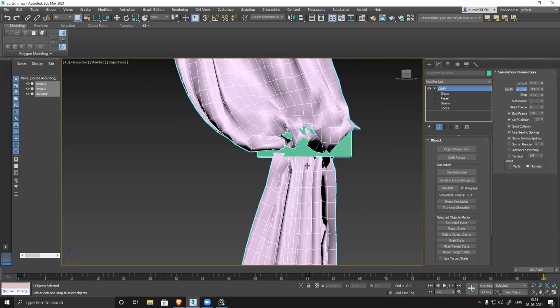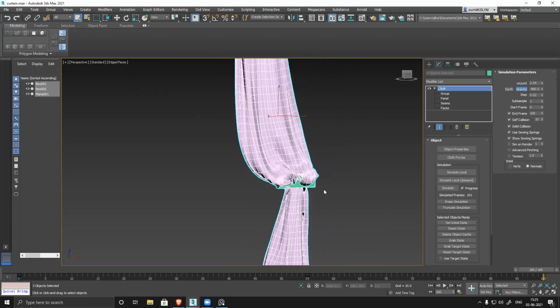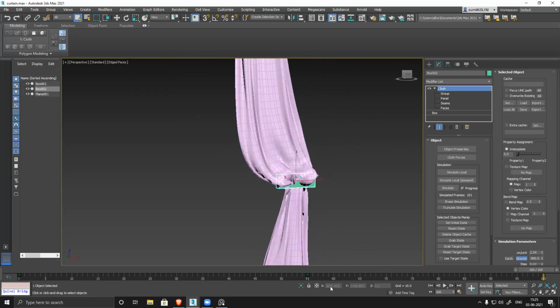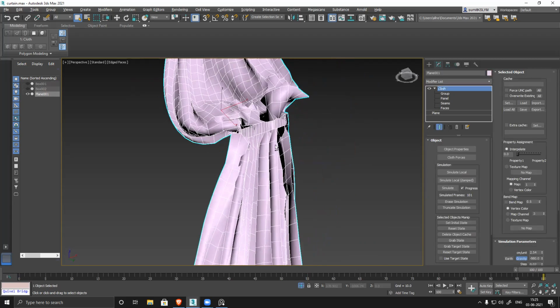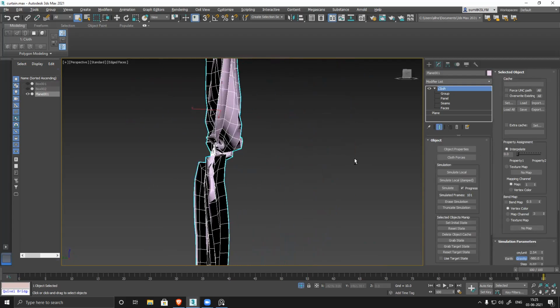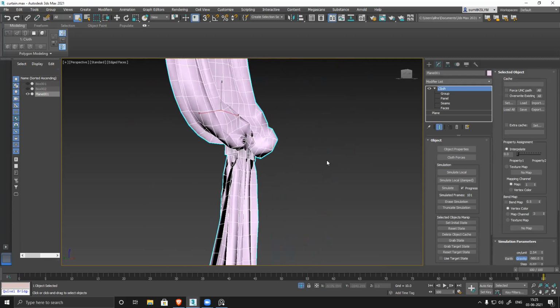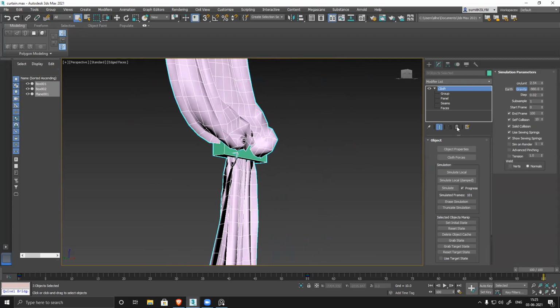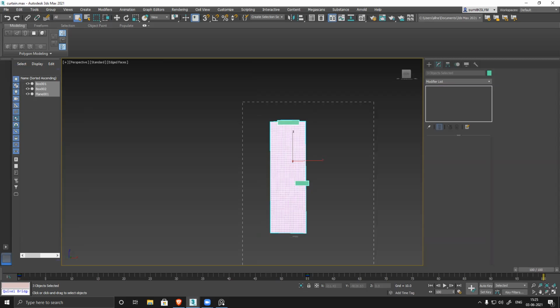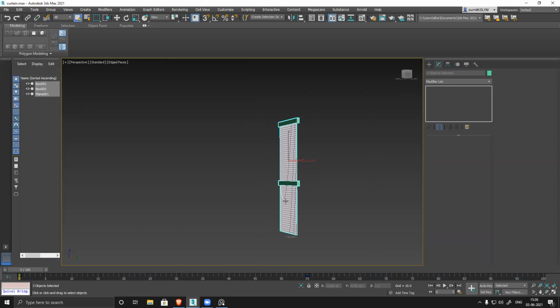It looks kind of fine. It's creating this uneven mess. So let's undo. Let's delete.